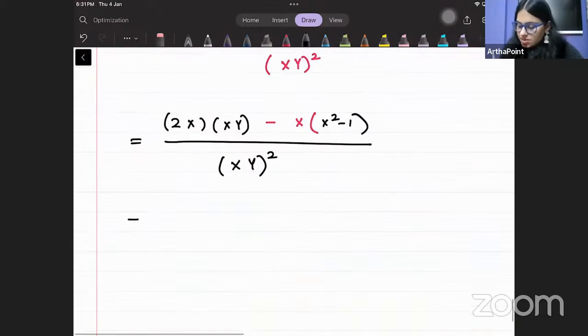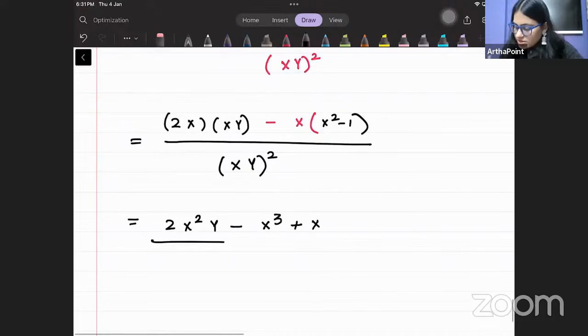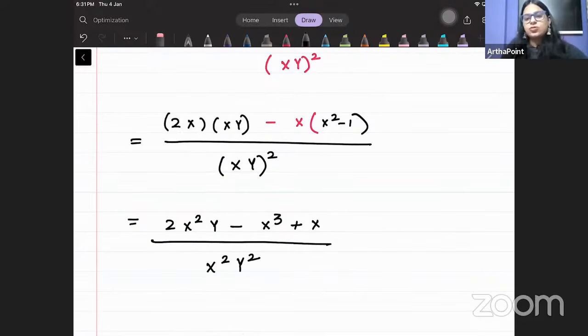तो बेटा यहां से हमारे पास आ जाएगा 2x²y माइनस x³ प्लस x अपॉन x²y², ये इसका आंसर हो जाएगा। ठीक है बेटा, तो ये आपका 7.4 सेक्शन है जो पार्शियल डेरिवेटिव्स की बात करता है, जिसमें आपको बेसिकली कुछ नहीं करना, एक डिफरेंशिएशन करते हुए दूसरे को आपको कांस्टेंट होल्ड करना है, इसको हम पार्शियल डेरिवेटिव बोलते हैं।